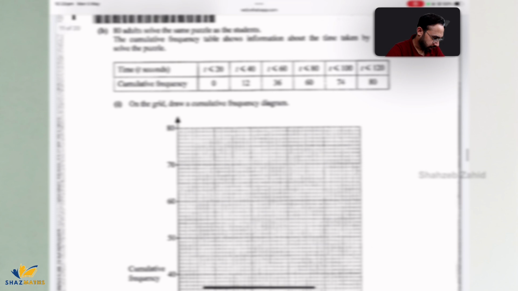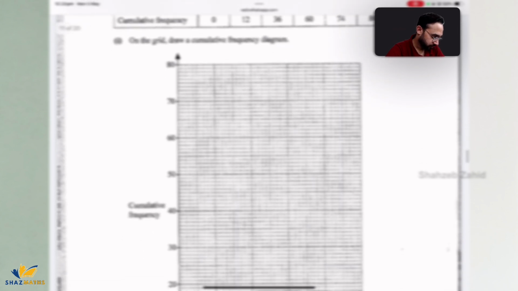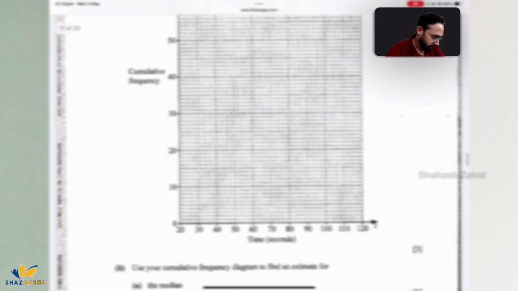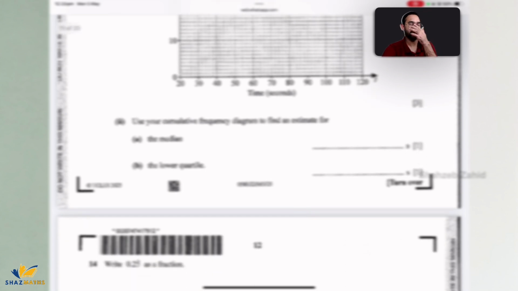Part B, 80 adult students. It's a cumulative frequency curve. Okay, so bit of graph sketching here. All right, and then use your curve to find out the median and lower quartile, which is again straightforward. Nothing major. As I've said, if you have done enough past paper practice for this exam, so far you would